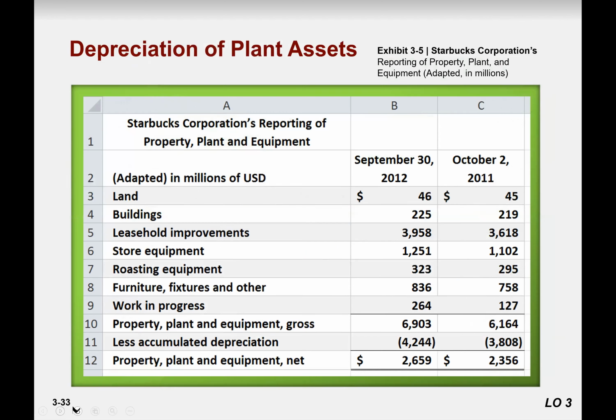Okay, so this is basically Starbucks. How Starbucks reports its property, plant, and assets. So you see all the values: store equipment, leasehold improvement, buildings, land, whatsoever, and at the end they list all the cumulative depreciation, so that they know that, from the value of its total assets,